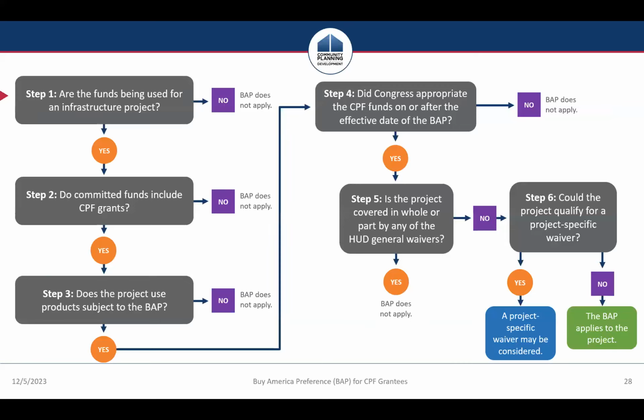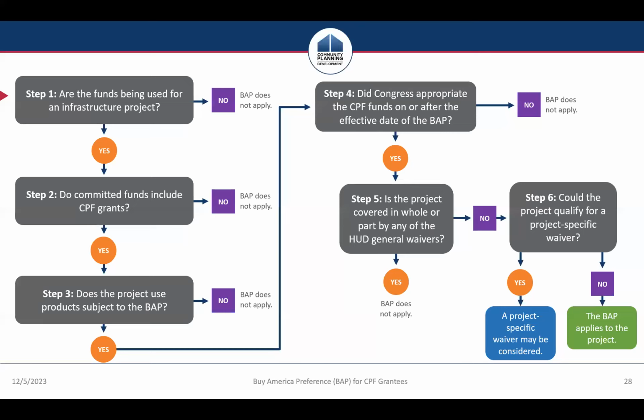So again, before turning it over to Clint to talk through project implementation and record keeping, I just want to walk through these steps one more time. We encourage you to use a flow chart like this or a checklist like this as you're going through all of your projects to think about, okay, does the BAP apply? Yes or no? And you can use it as a documentation tool to show, here's how we made our determination that the BAP doesn't apply. We went through and asked these 6 questions,